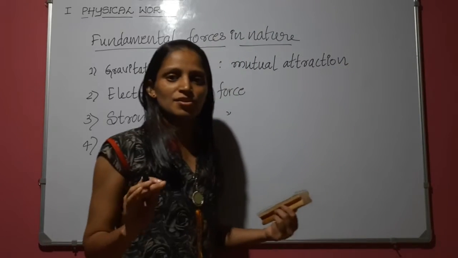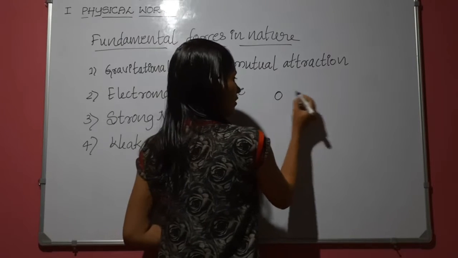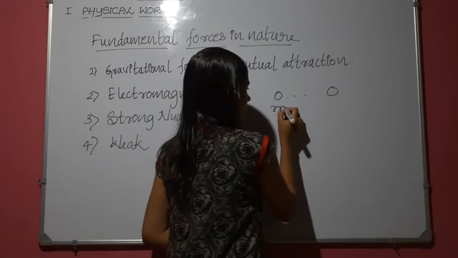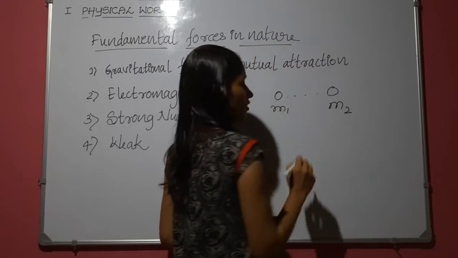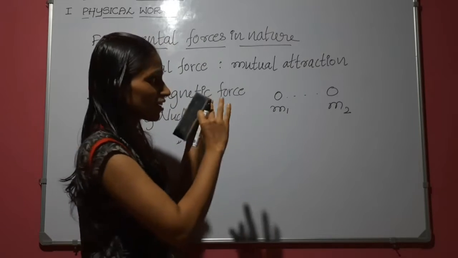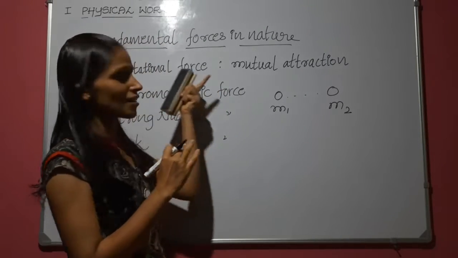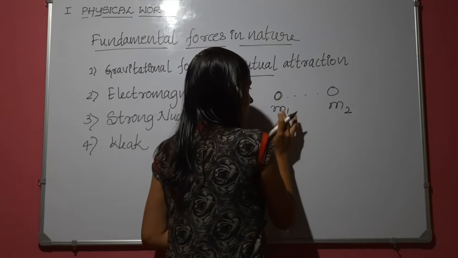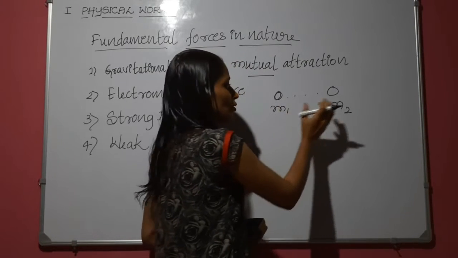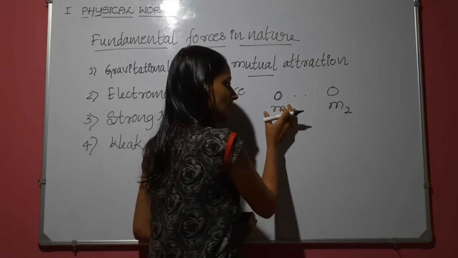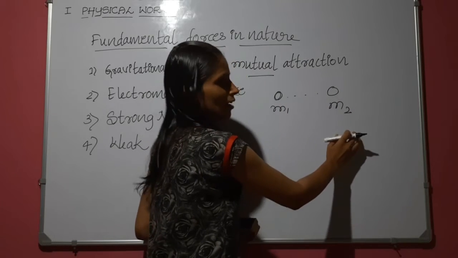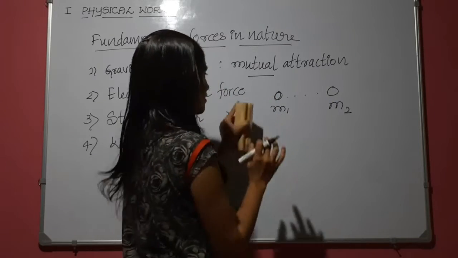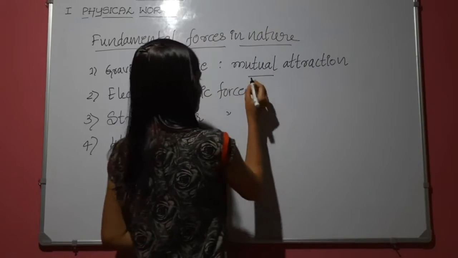Mutual attraction means, if there are two particles with mass, due to that mass only there is an attraction, and that attraction is gravitational force. This mass experiences a force due to this one, and this mass also experiences a force due to this one. So this is mutual attraction, and